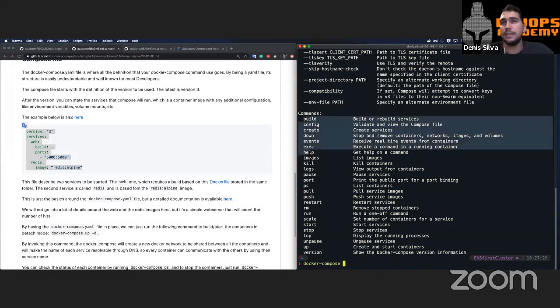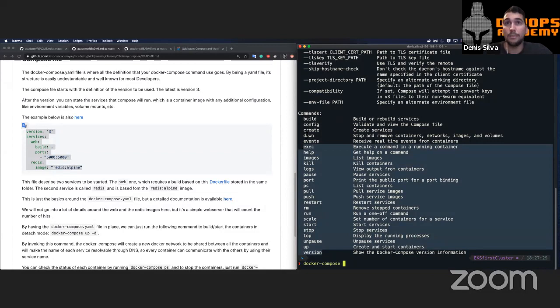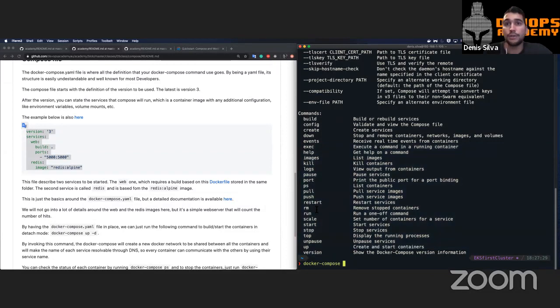And you can see it has several commands similar to the Docker command. So you can say docker compose run, docker compose stop, docker compose ps to know the status of the containers. In this sense, it's very similar. You have docker compose build to build all the services. The difference is it's acting on multiple containers instead of just one when you use just docker build, docker ps,